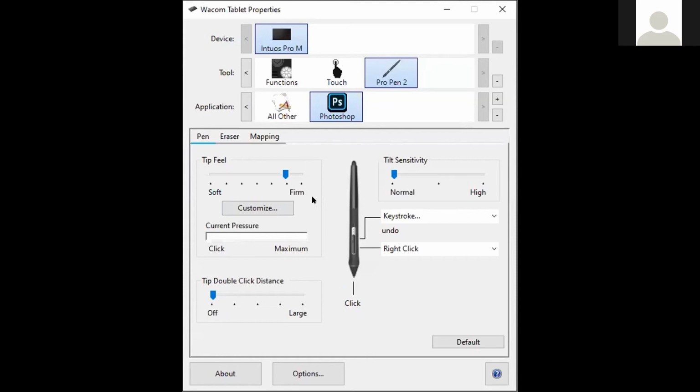Yes, sir. You have to assign the application. I'm going process by process. So now I have assigned the application specially for Photoshop only. It's all set for Photoshop right now.